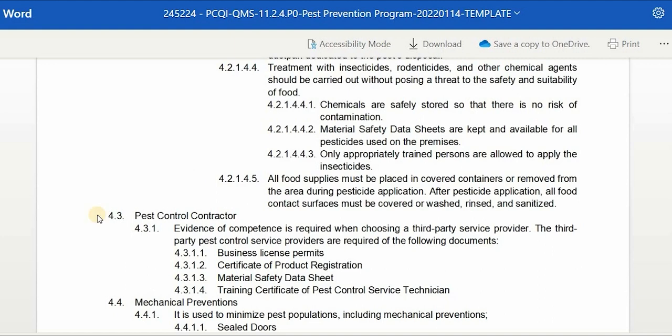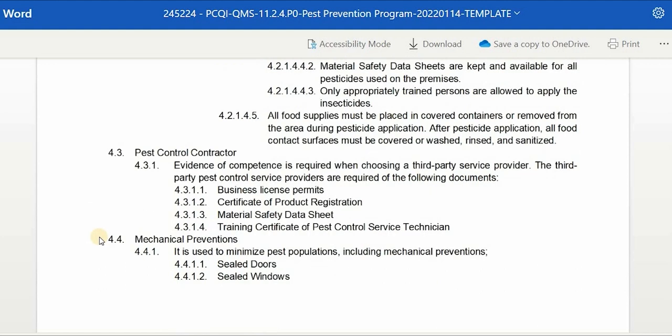Next we have the pest control contractor. Evidence of competence is required when choosing a third-party service provider. The third-party pest control service providers are required to submit the following documents: business license permits, certificate of product registration, material safety data sheet, and training certificate of the pest control service technician. Next we have the mechanical preventions. It is used to minimize pest population,